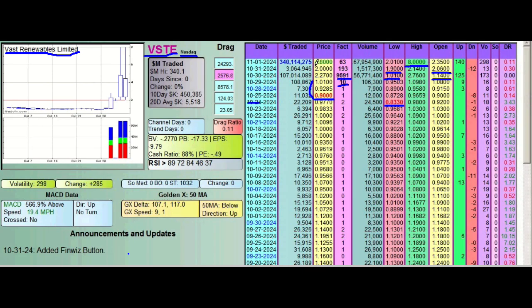And she actually closed at 4.8. So there's a double right there. And if you had the guts to stay in a little bit longer, you probably could have got out at 6 or 7 even. Here's your dollars traded, 107 million here on this 96.91 factor day, and then 340 million